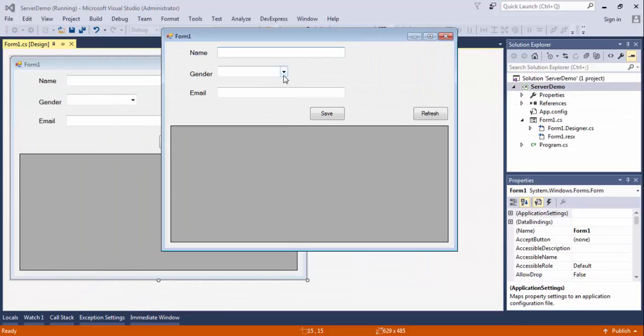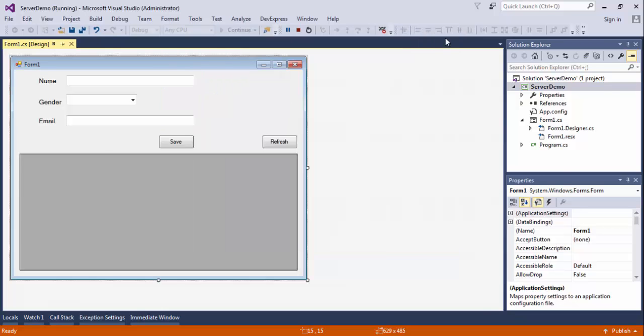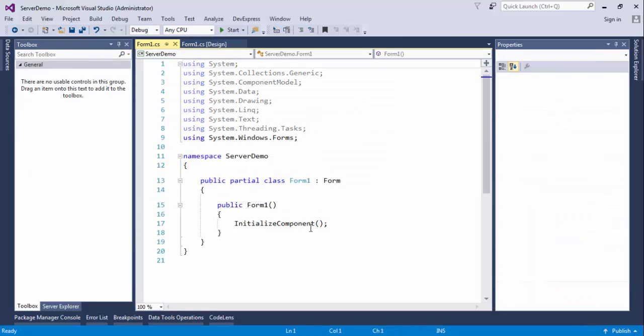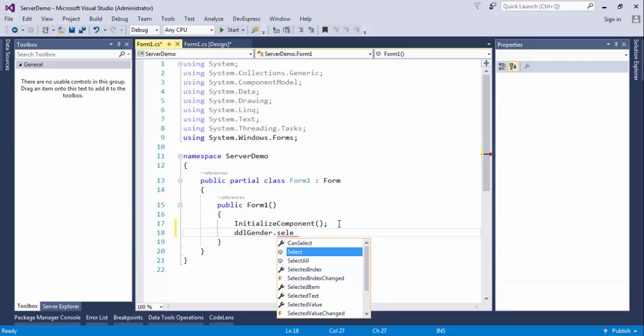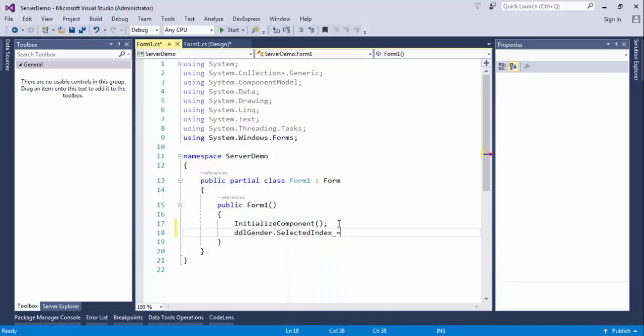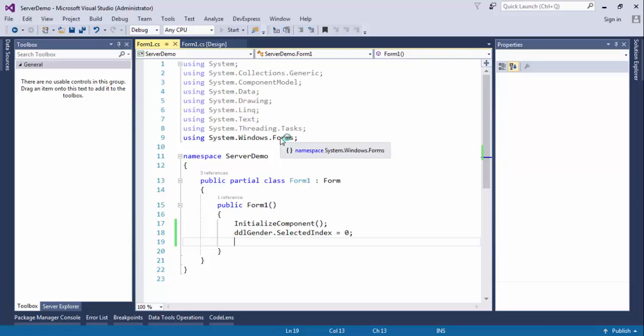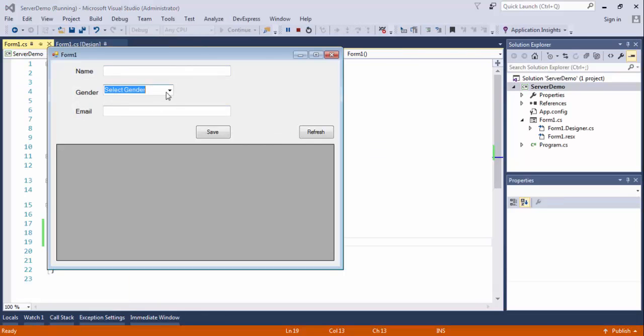So we need to select gender option by default. To do this, go to the source code of this form, and below the InitializeComponent, ddlGender.SelectedIndex equal to 0. This will select gender option by default. Alright,